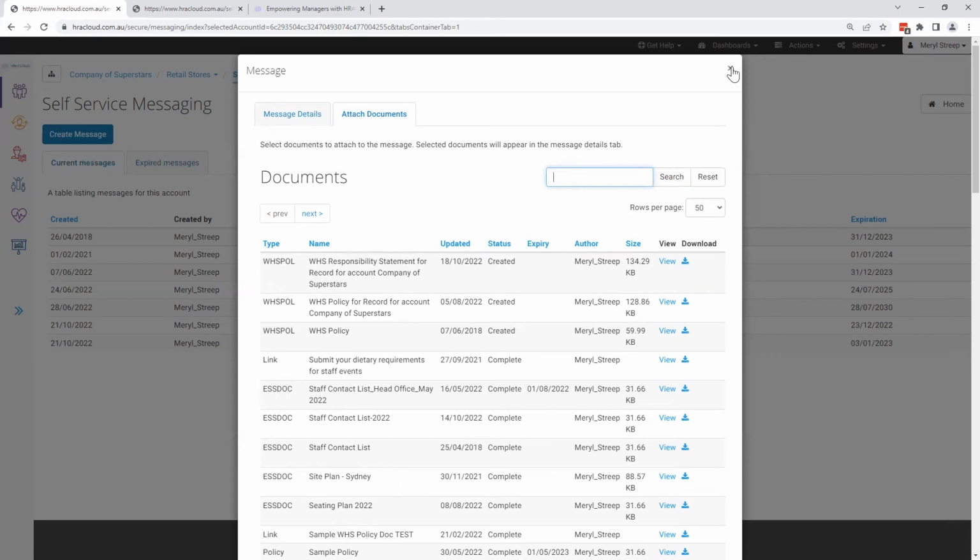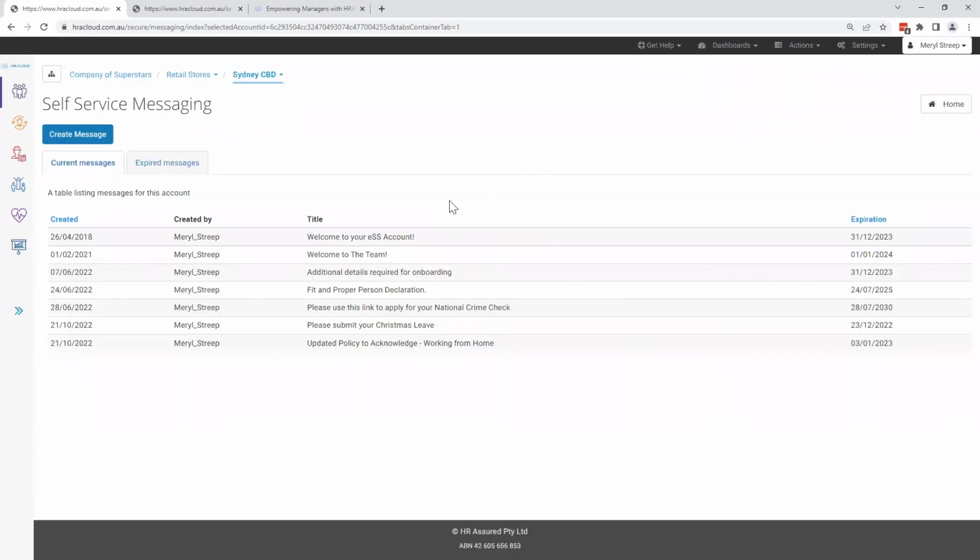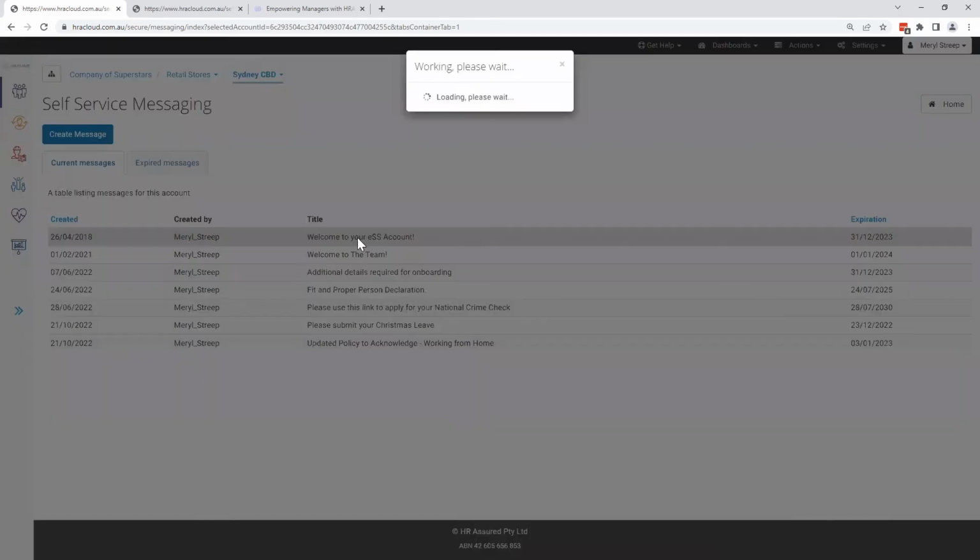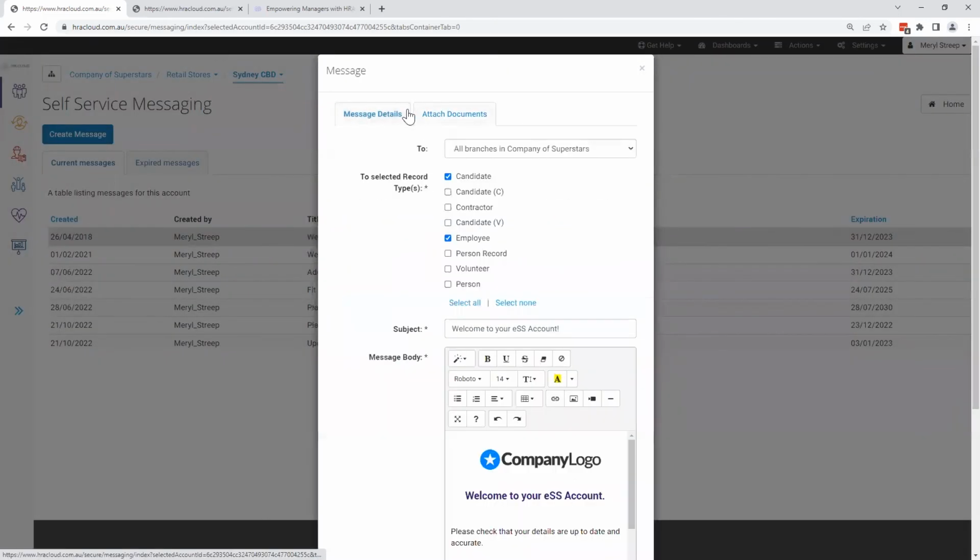In ESS, the message will appear on the employee's notice board and also in their ESS inbox for them to action if you'd selected that option to acknowledge the message. Using this type of communication, the employee will be able to read any documents you send to them and confirm they acknowledge the message and/or documents. In the management portal, you can see that the current messages tab just here shows all active messages within the account, and they will be active within an employee's self-service portal until they either acknowledge or dismiss that message. You can click into any of the messages and make any edits if required.